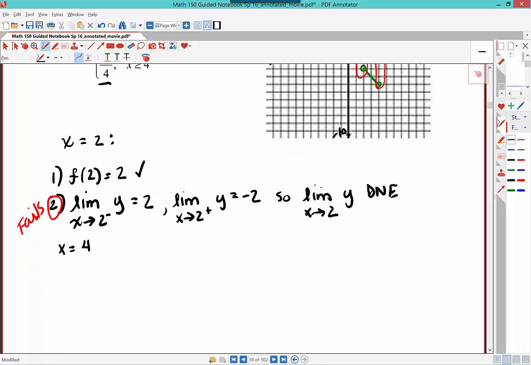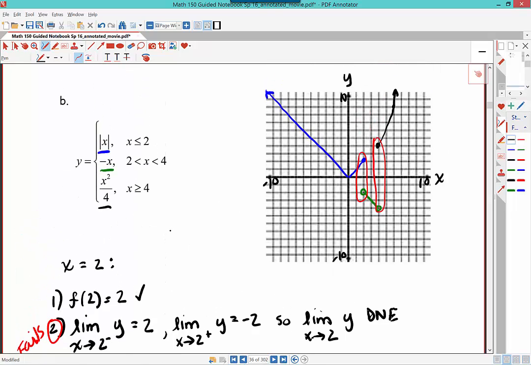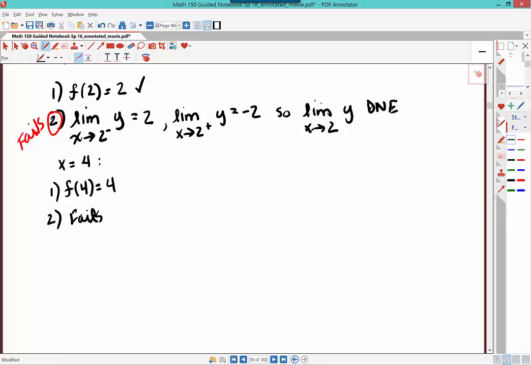The function exists. So f at 4 is equal to, what was it? Good, 4. But it fails this one because the limit does not exist. Only the one-sided limits exist. Okay? So we would say, discussing the continuity,